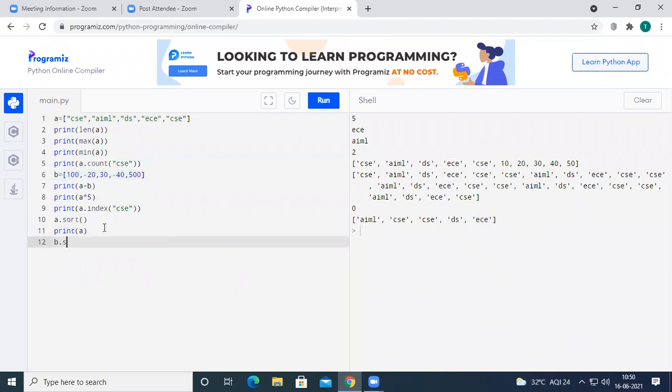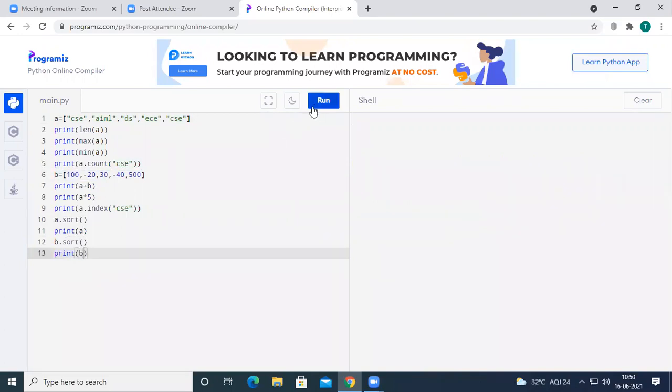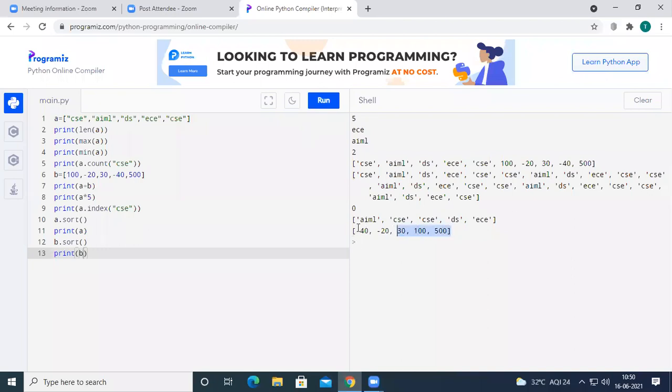If I call b dot sort and print B, and run the code, I am going to get the values in ascending order. Among all the 5 values, minus 40 is the least value, so it has been printed first. Then minus 20 and 30, then 100, and then 500. So here the values have been arranged in ascending order.